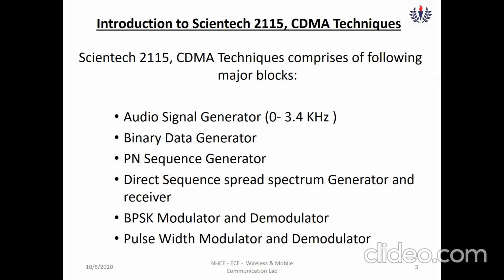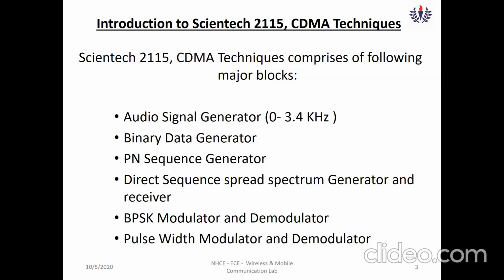And since this is a modulation technique, the Scientech 2115 CDMA trainer kit explains the modulation and demodulation process by its nature. We use a binary phase shift keying modulator for modulation purposes, and at the receiver end we make use of a binary phase shift keying demodulator.